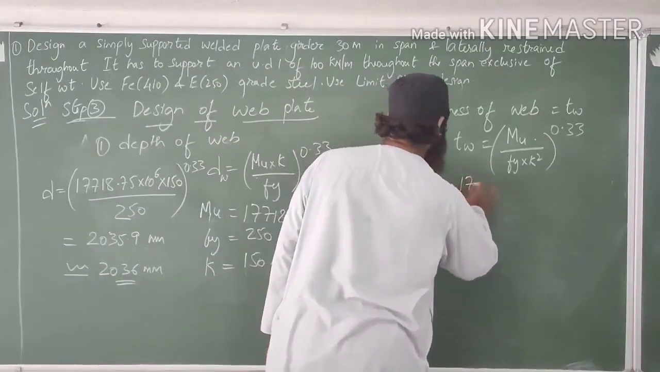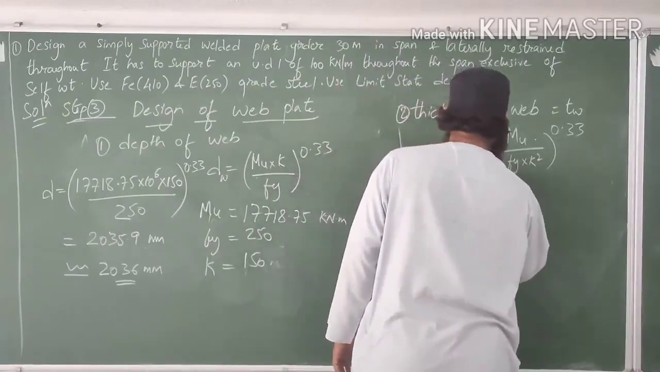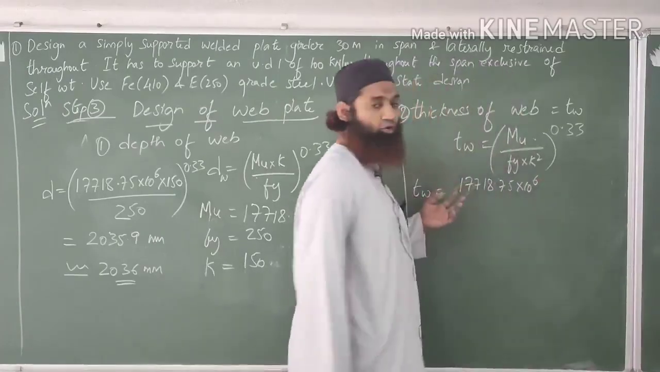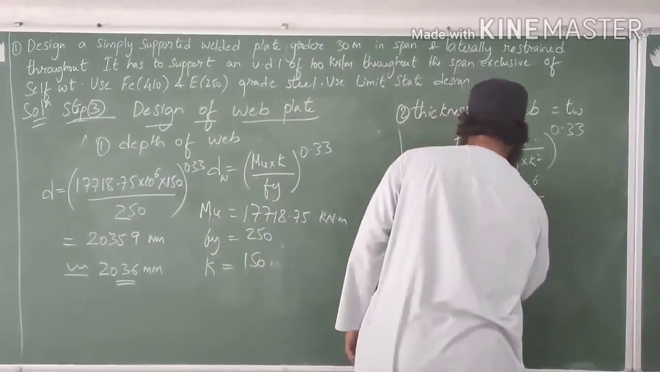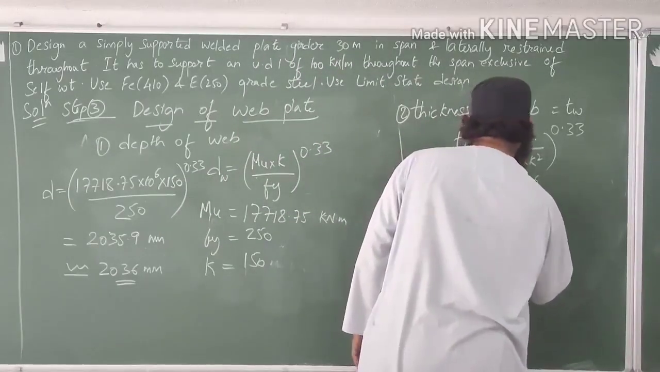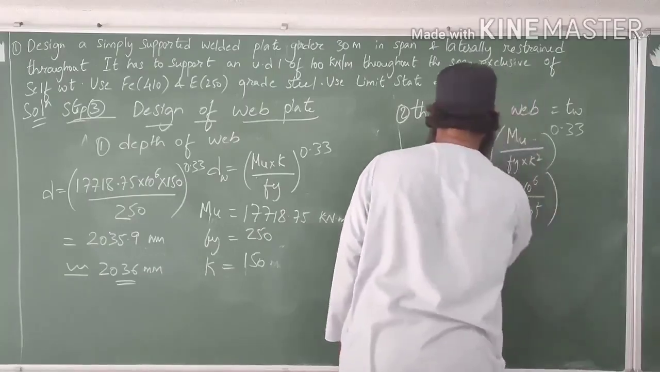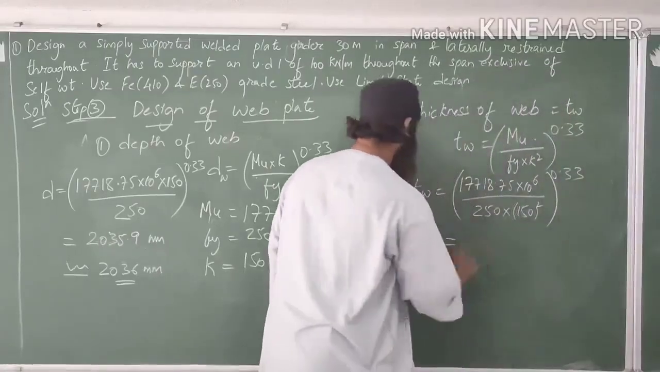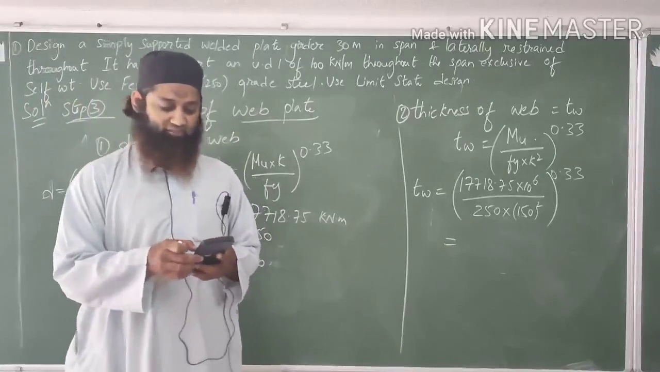As you know, Mu is 17718.75 into 10 to the power of 6. I am converting this kilonewton meter into Newton per mm square. By Fy is 250, as we know, and K square is 150 we have taken, to the power of 0.33. Okay. Now the thickness of the web we will just calculate it. We are getting the thickness of the web as